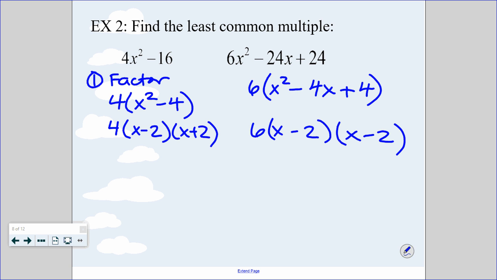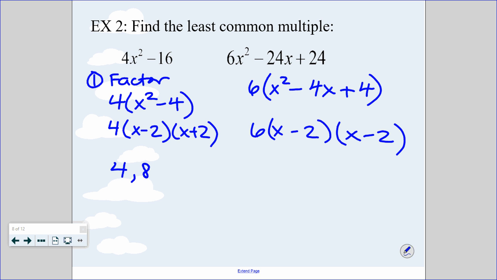All right, now I have to find what my least common multiple is. What is common in both, okay? So just like when we had the 2 and the 3, we had to try to find the least common multiple, so that both of them could be 6, okay? So if I look at just the numbers 4 and 6, okay? If you struggle with finding the least common multiple, maybe you haven't done it in a while, you can